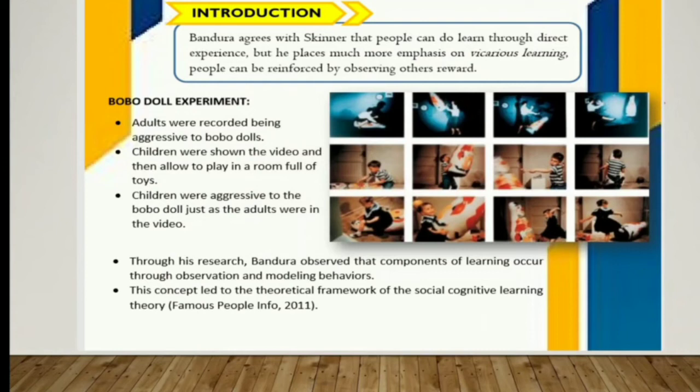Okay. Bandura agrees with Skinner that people can learn through direct experience, but he places much more emphasis on vicarious learning. People can be reinforced by observing others' reward. So, vicarious learning is a way of learning that allows individuals to learn from the experience of others, or it is learning through observing the experiences of others without performing the learned behavior directly. Example is,